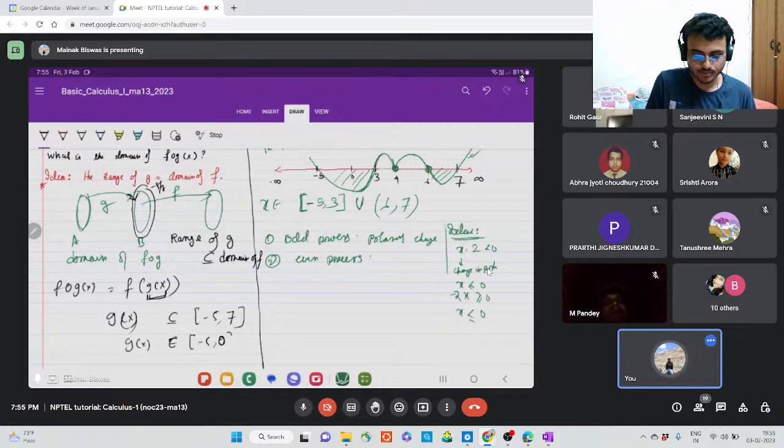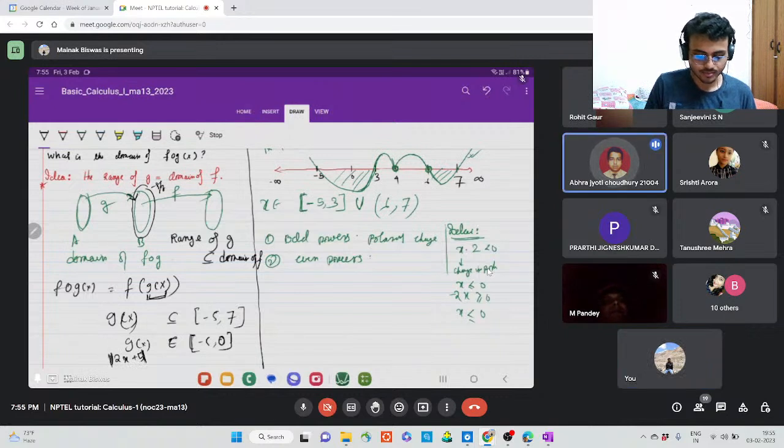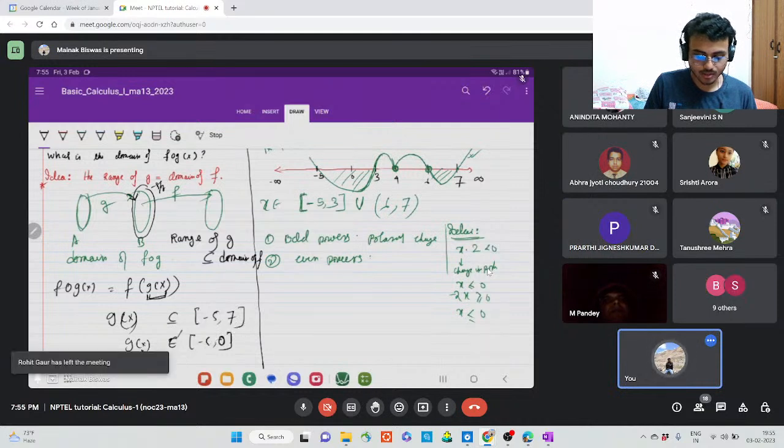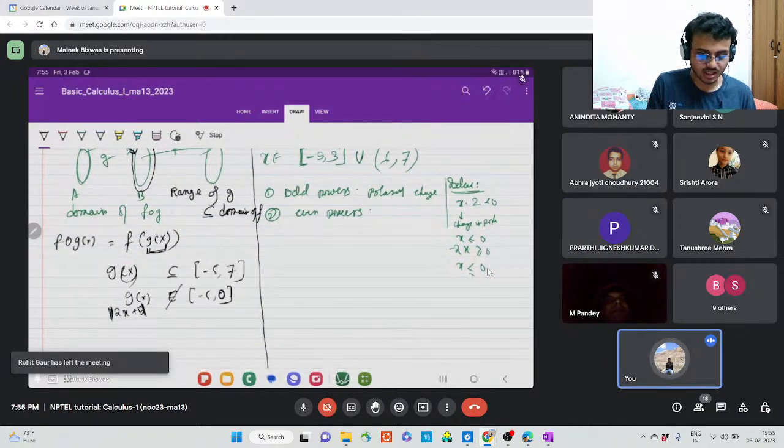Minus 5 and 0? Can it give? It's 2x plus 5. So g of x cannot give negative values. Very good. So this does not belong. So the only condition we need to check is g of x is less than